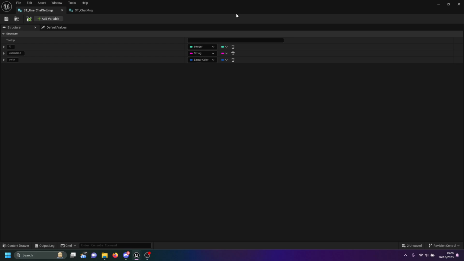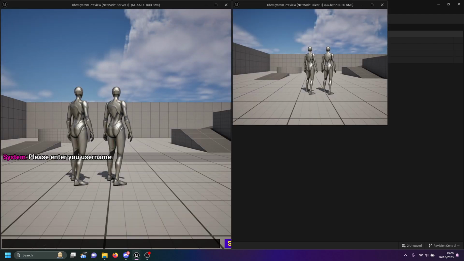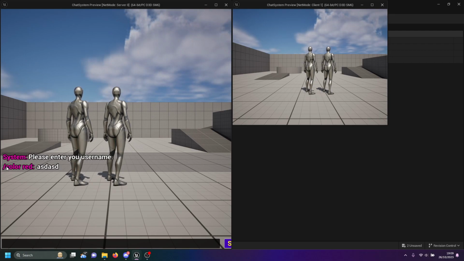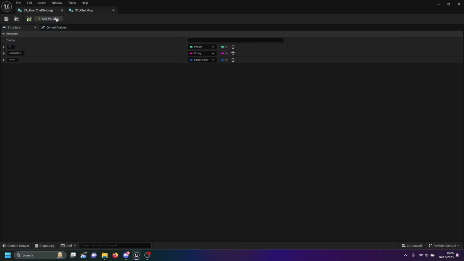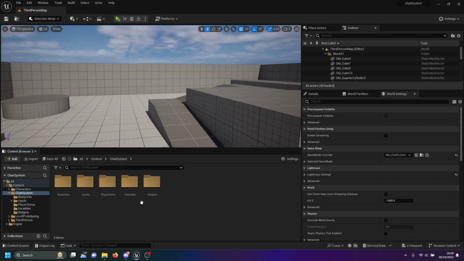We can do things like, for example, here we just press play and we just type, for example, /color, and we try to put red, and then we'll actually do something else. Right now we have a problem that's registering that, so we need to find a way to strip /color, or anything you want. So to do that, what we're gonna do here is, if you guys remember, on our